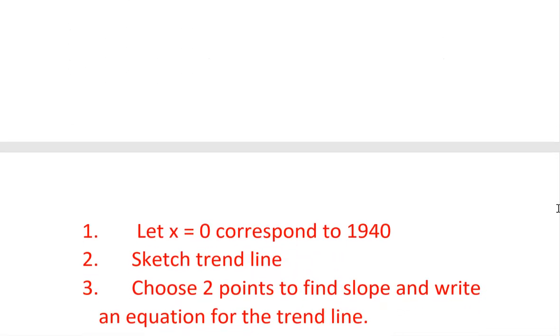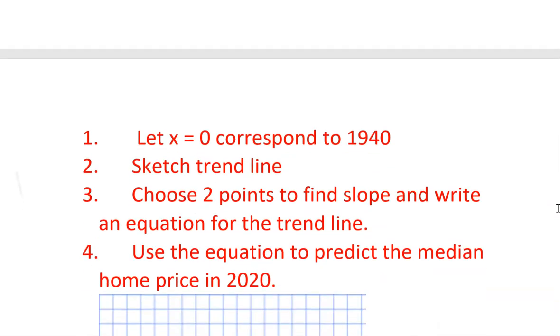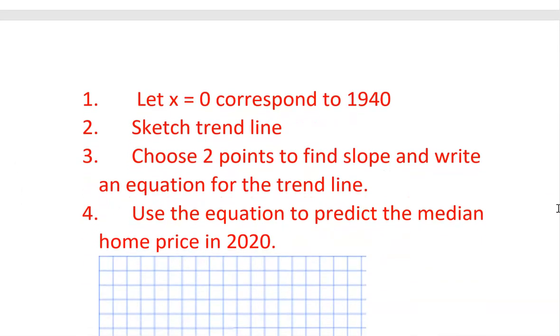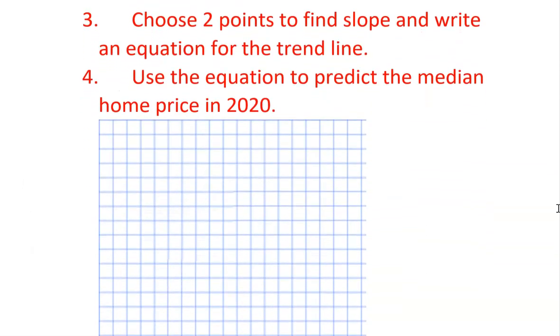We're going to put the data on a graph, but before we do that, I give you some steps here. Instead of using the years at the bottom, we're going to assign the first year to x equals 0, and they'll usually tell you how they want you to do that, so you can fit them all in. We're going to sketch a trend line. We're going to choose 2 points to find the slope and write an equation. So we can figure out the slope. We can use one of them to find the intercept, and we're going to use that equation to predict the